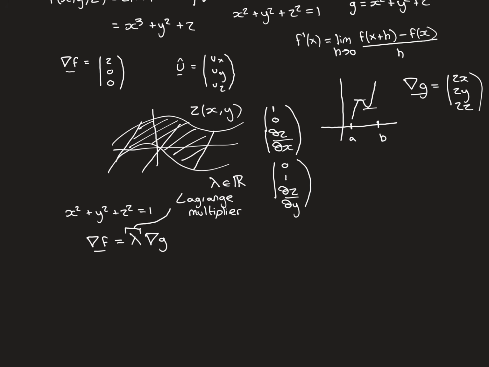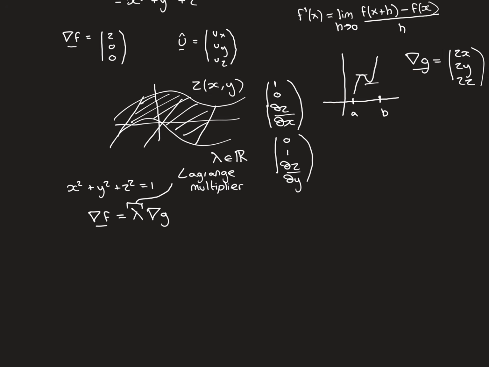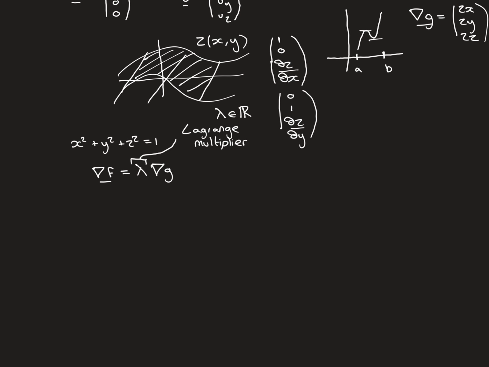It's a stationary point in the entirety of R3, but that is still going to be a stationary point on the surface. So in that case, lambda would be able to be 0 to give you this gradient vector of 0 for the entire function. So if we write down what this is in the case of our example, our nabla f is the vector 2, 0, 0, then we've got that this must equal lambda times